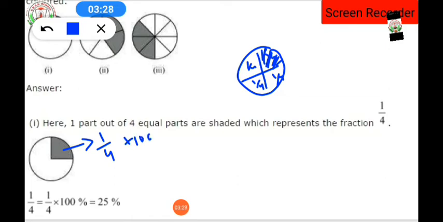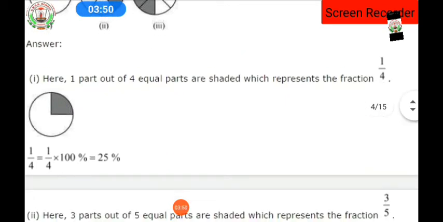into percent. So for any fraction, when we are going to convert it into the form of a percent, we are going to multiply it. So that will come 1 into 100% will be 100 upon 4. While doing the calculation, we will get 25%, because in the table of 4, 100 comes 25 times, that's why. Clear everyone?